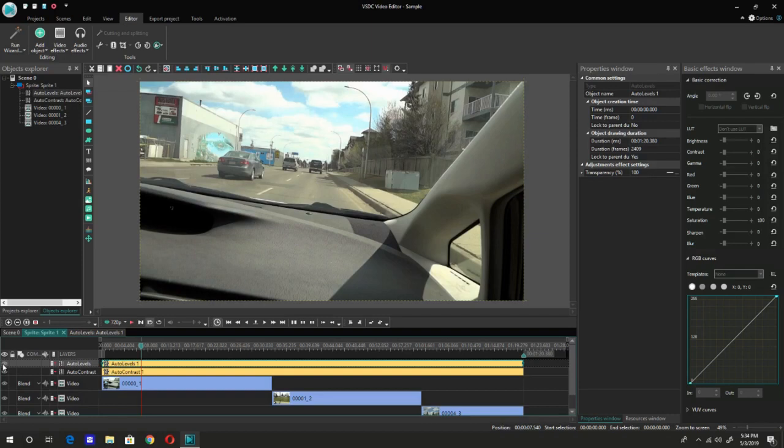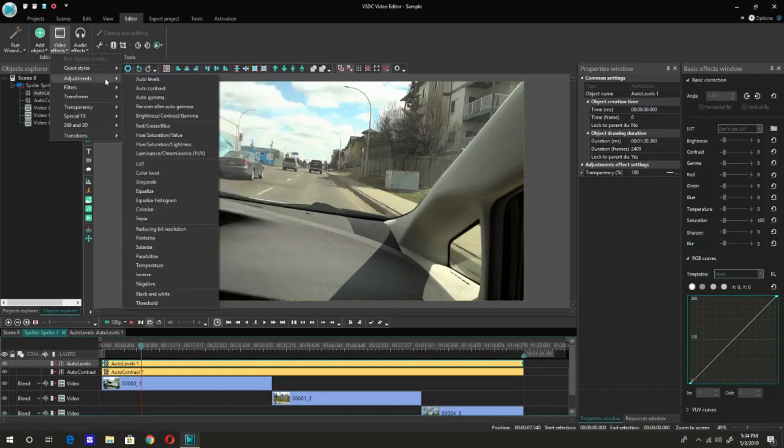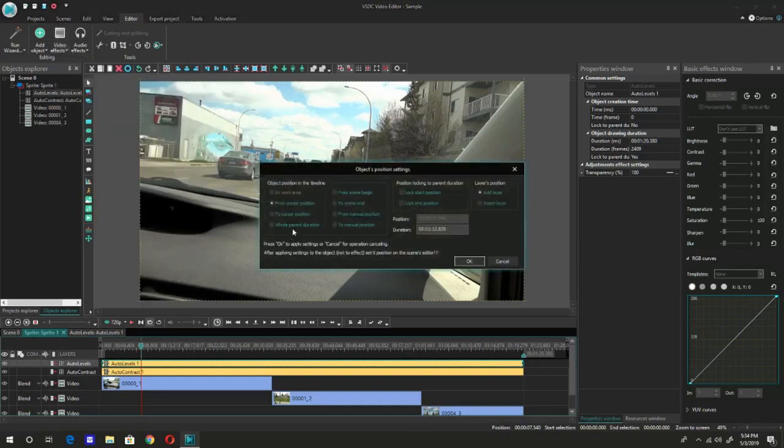And you want to go back to video effects, go down to adjustments again, and then choose auto gamma. Again, do whole parent duration, and then choose OK. Now this is where it might get super blown out,